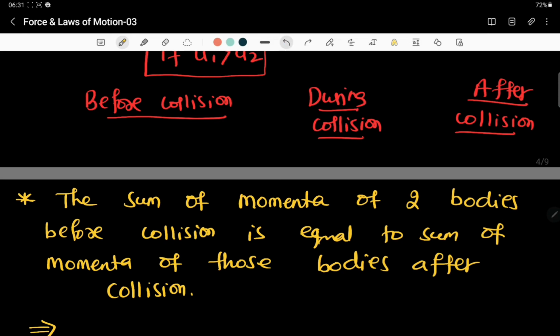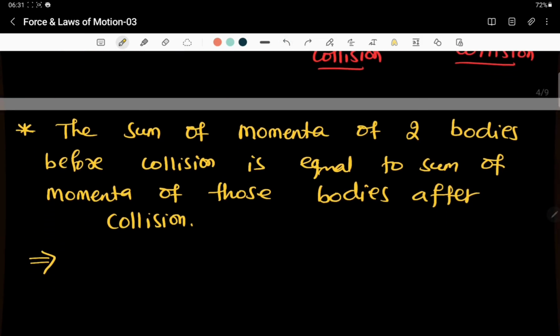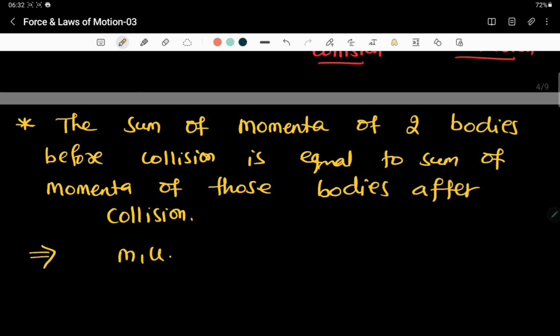So what does it mean? It means before collision, what was the momentum here? m1 u1. What was the momentum here? m2 u2. Just add them. So that is m1 u1 plus m2 u2 is equal to, now what is the sum of momenta of